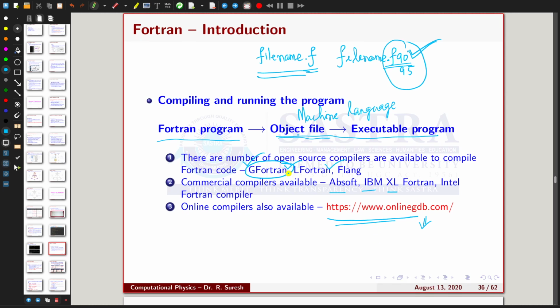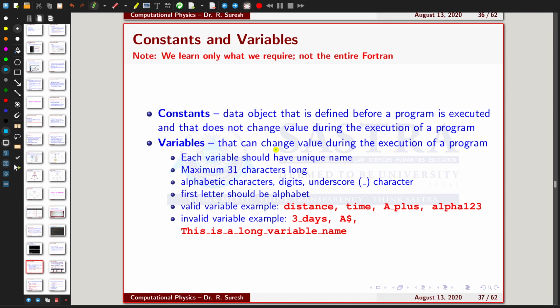Next is constants and variables, which we have seen in the last example. We have used constants and particularly variables. One more thing I have to mention is that we are not going to learn the entire Fortran language, but only what we require.